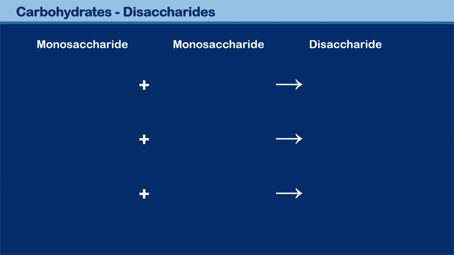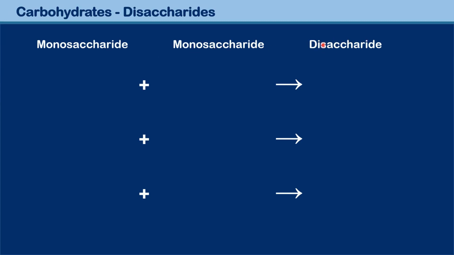So this is probably going to be a slightly shorter slide. We're talking about disaccharides, and you make a disaccharide by joining together two monosaccharides. Another name for monosaccharide is also simple sugar, and a disaccharide refers to a double sugar. Generally speaking, you can say that a monosaccharide is a monomer, and what you make by joining two monomers,